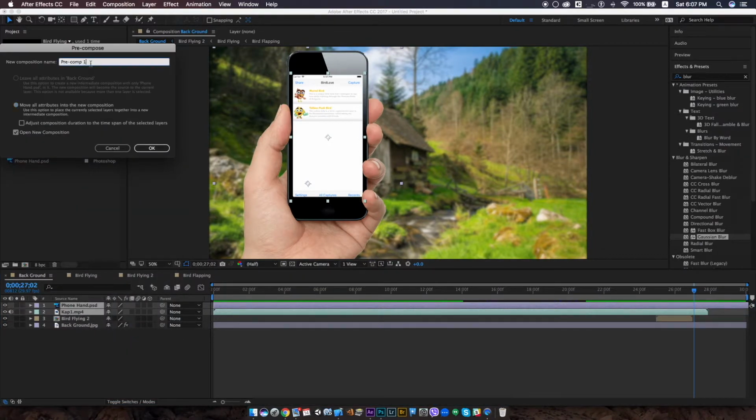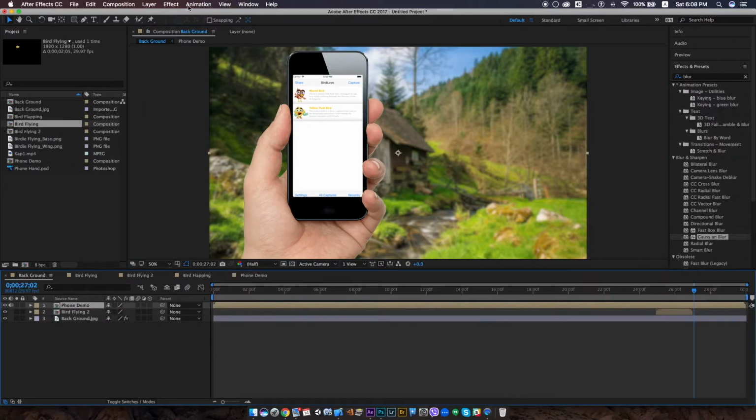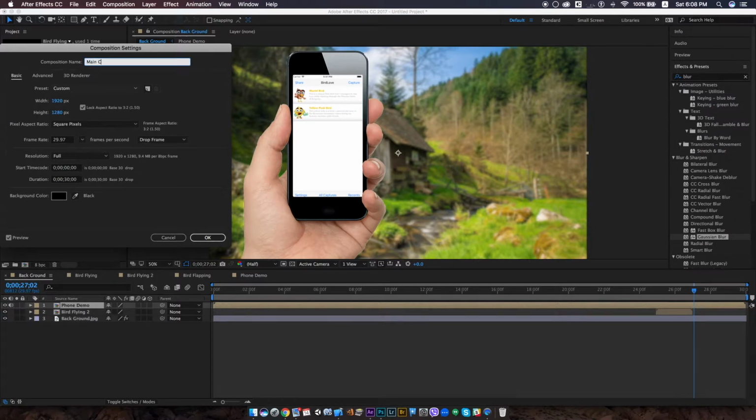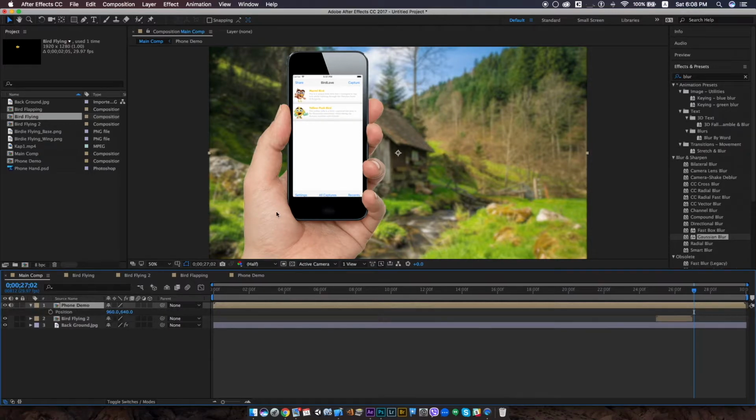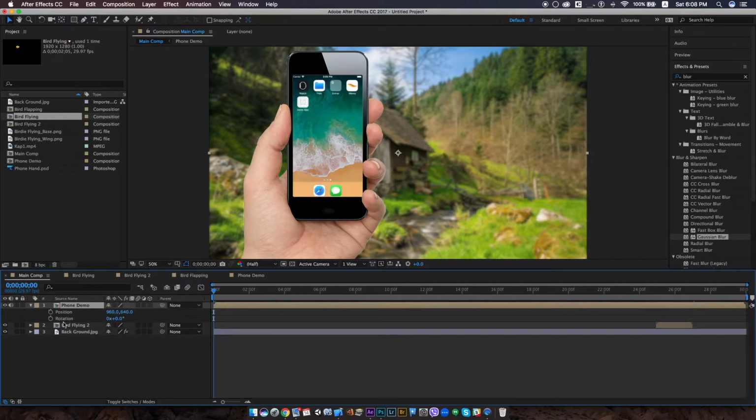those, move all attributes, and we're gonna call it phone demo. Then we can, this name is really bad. You should learn to name your compositions properly. So we can take this phone demo and open the position and the rotation, keyframe those,